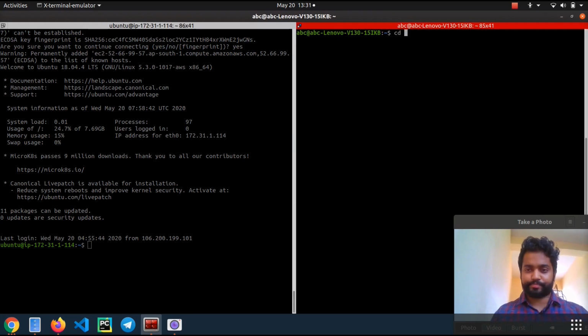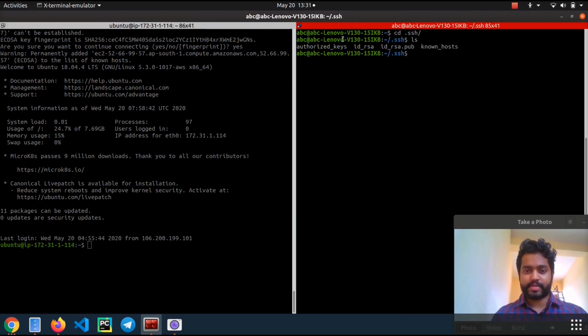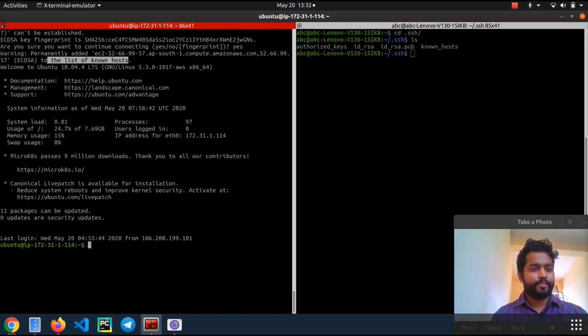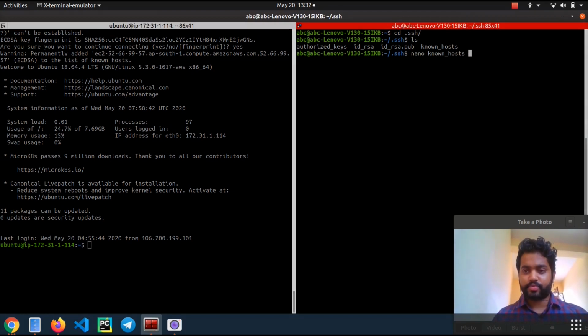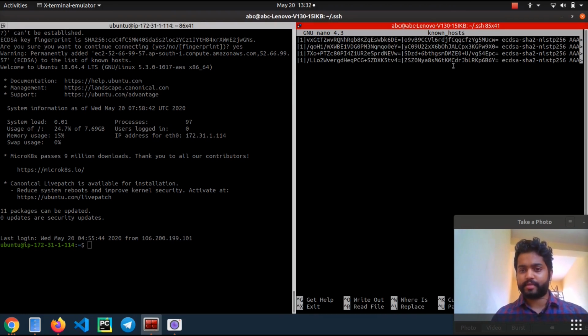So now I'll get into the .ssh directory. Here, if I do ls, it has multiple things, guys. So this is authorized_keys, which lists who all can enter into my system. This is the private key that we generated right now, and this is the public key that we generated, and this is known_hosts, guys. If we see over here that this instance address has been added to the list of known hosts, that is this known_hosts file. If we see this known_hosts file, it is over here, right?